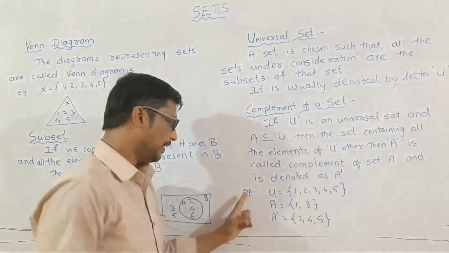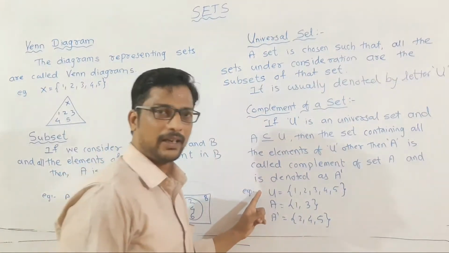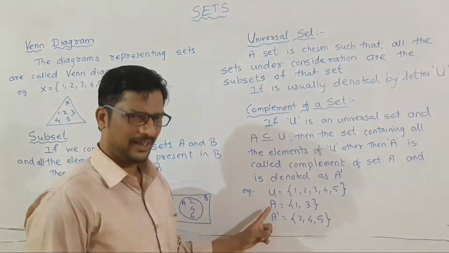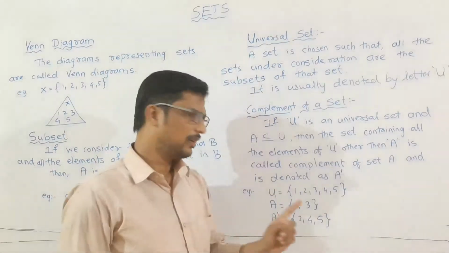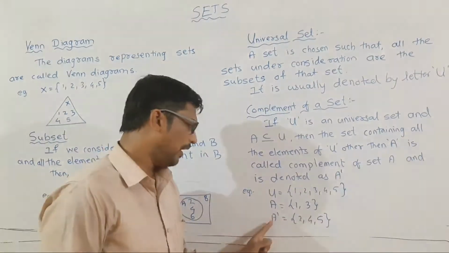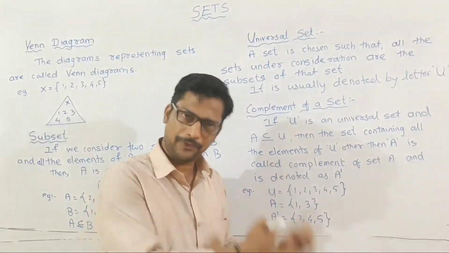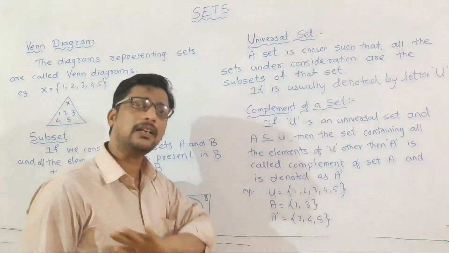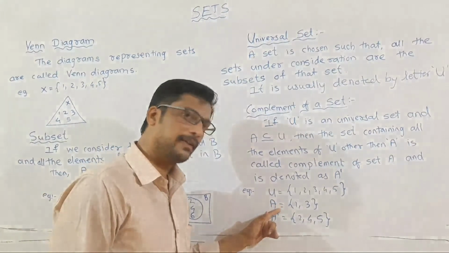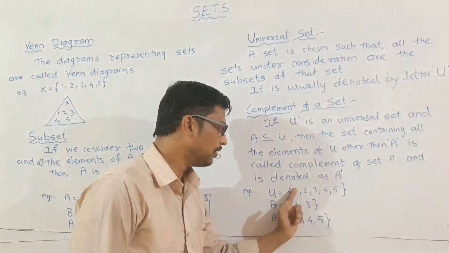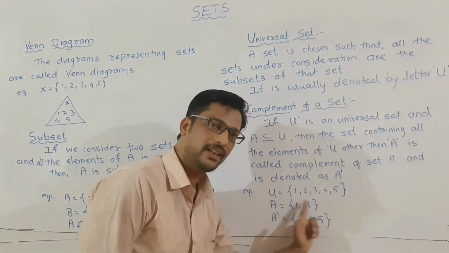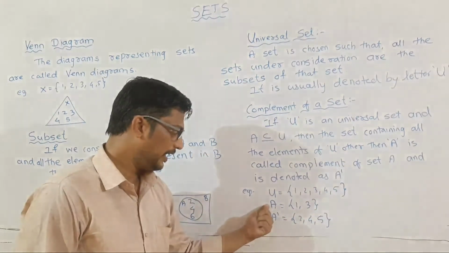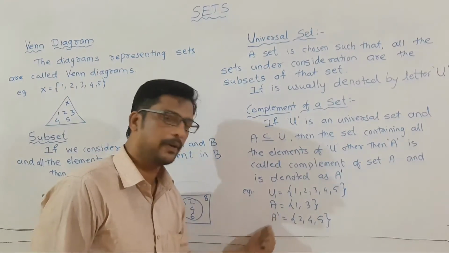Getting? Now, for an example, I have considered a universal set which has 5 elements: 1, 2, 3, 4, 5. Now, there is a set A which has 2 elements, that is 1 and 3. And I have to write the complement of A. So what will be the complement of A? All the elements of the universal set other than the elements present in A. So this 1 I will remove and this 3 I will remove, because these are present in A. So the remaining elements, 2, 4, 5, I have written. So this is my A and this is my A complement, or complement of A.